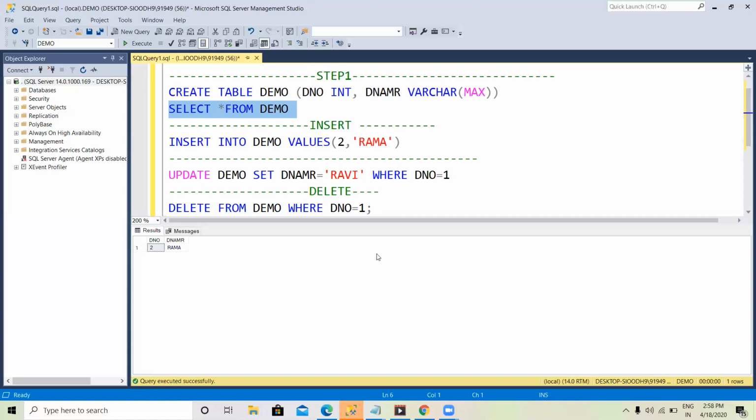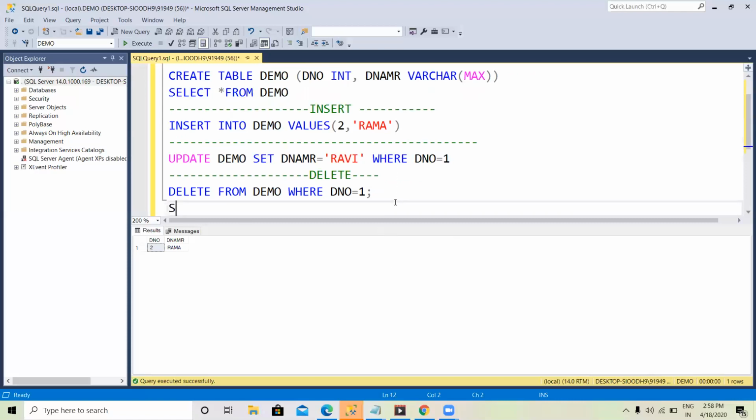SP underscore help DB demo. Let us see if it will execute or not.